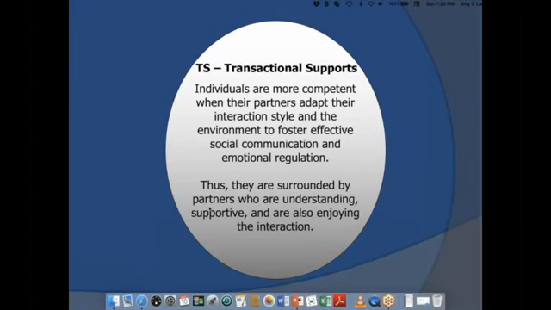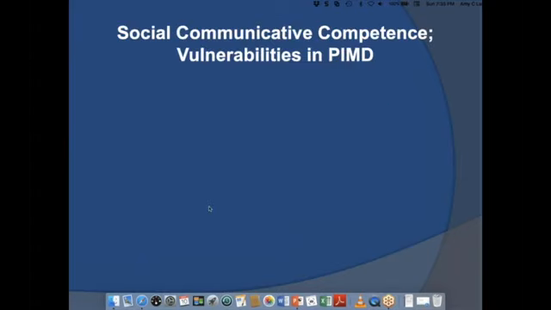Because when your children know people are going to do that, that's when they're much more likely to feel better regulated and initiate more frequently, which we said we're after. So this transactional support side becomes really important, and it's really helping partners be understanding so that they really can be responsive and make your children feel like they're effective and efficient communicators, like really solid, that they've got it down. So that is one of the pieces that we're definitely after in terms of transactional supports.